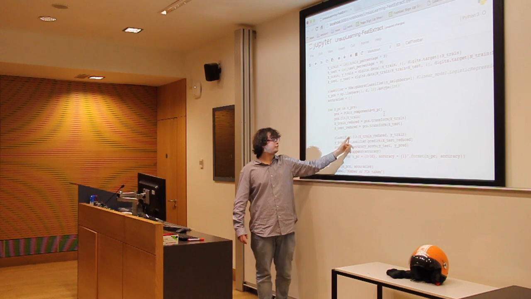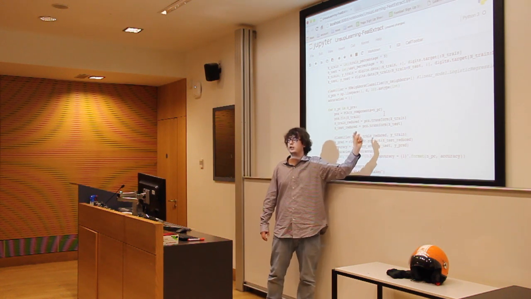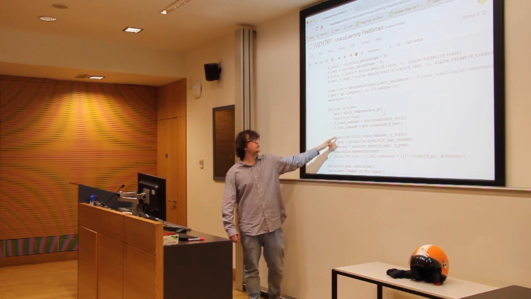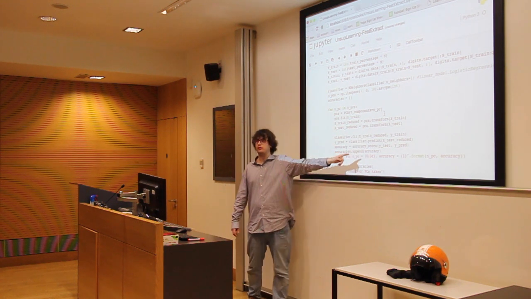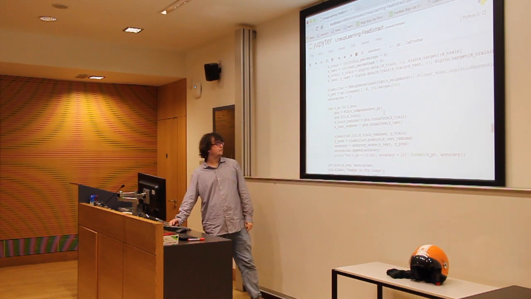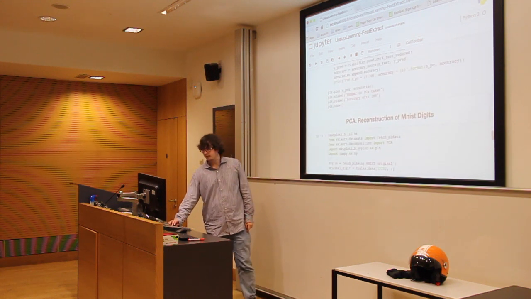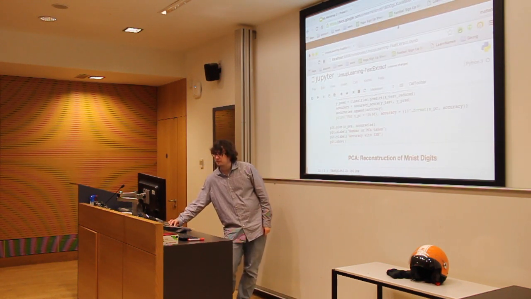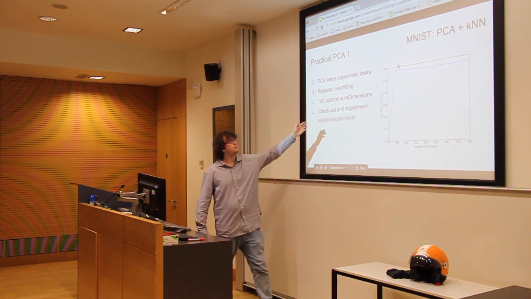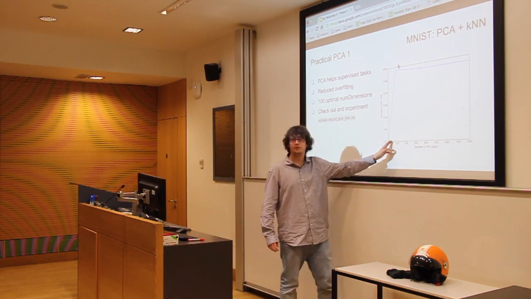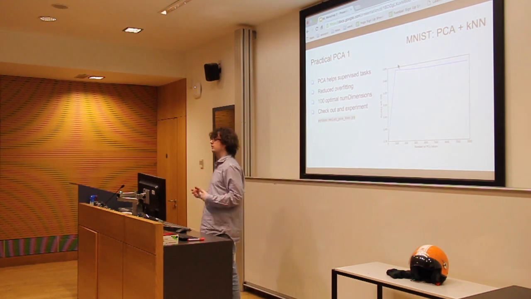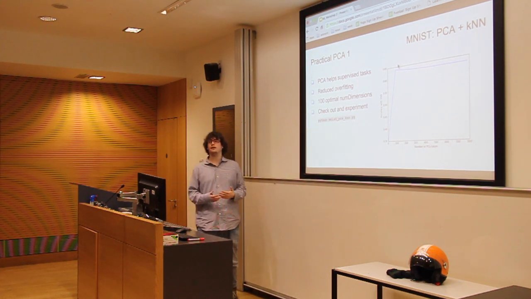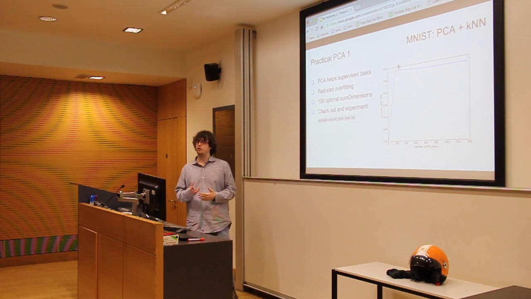I train the classifier on the train transformed data, and I use it to predict the transformed test data. I measure the accuracy, and I plot it. The result will be the one I showed you before. So you will have that the performance will increase at the beginning, but actually start going down as you increase the number of components, because you start reintroducing into your data random noise and things which are not actually relevant